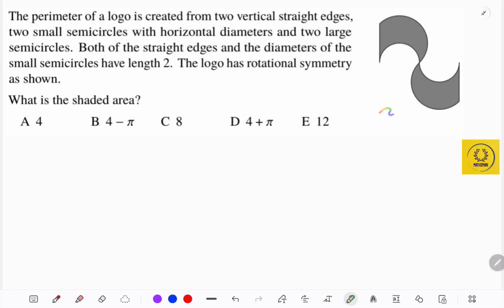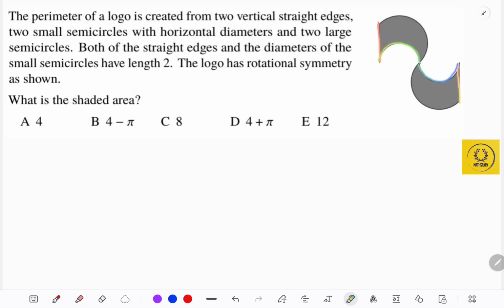Hi there, can you find the shaded area of this logo? Let's dive in. The perimeter of a logo is created from two vertical, straight edges, two small semicircles, 1 and